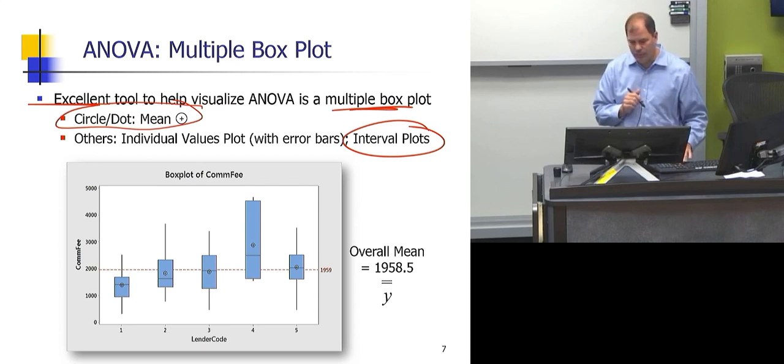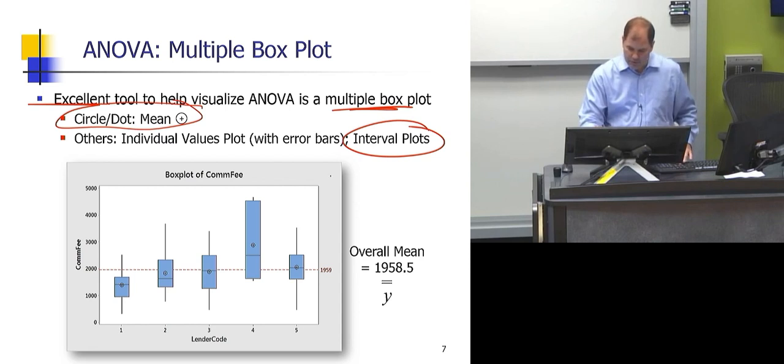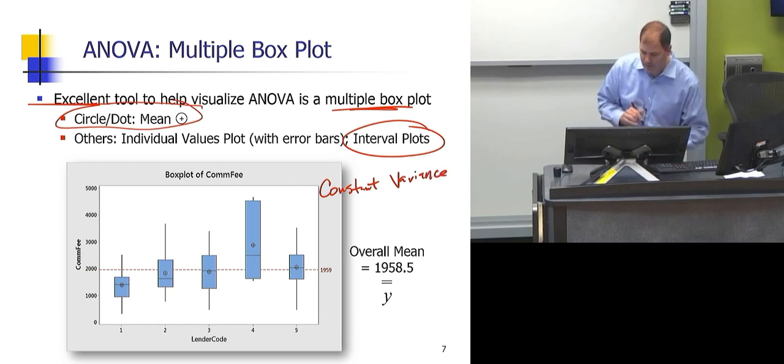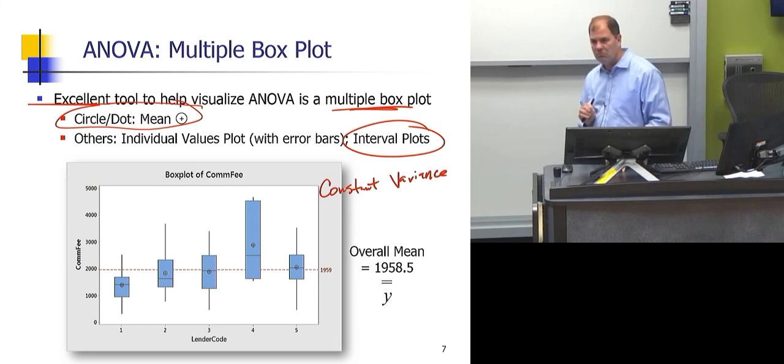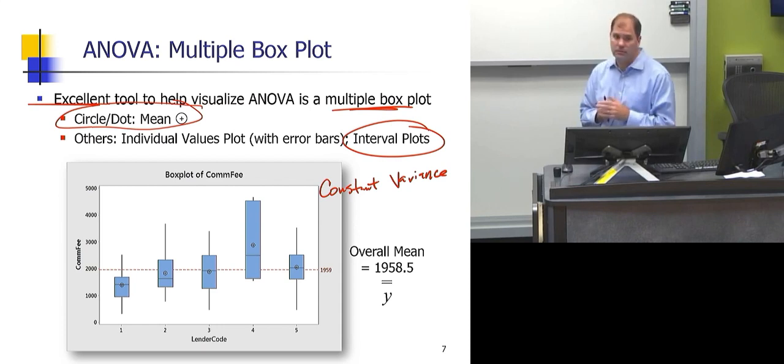As you look through 1 through 5, there is this question about constant variance. Just looking at that graph, do there appear to be any potential constant variance concerns? Yes? So group 4 data seems to have a lot more variability than the others. We want to test for that,